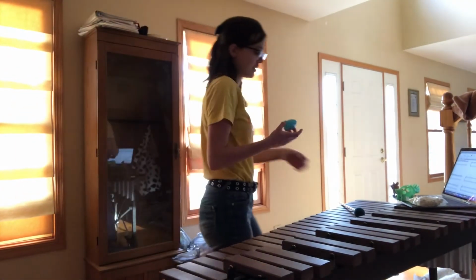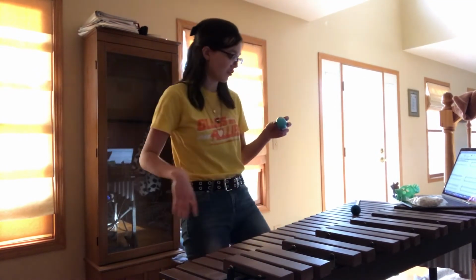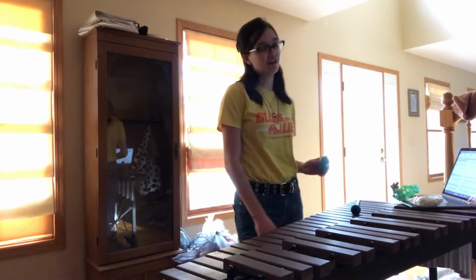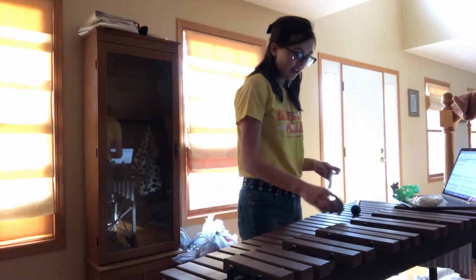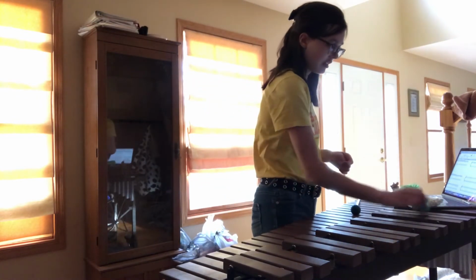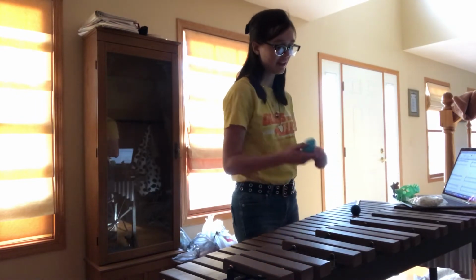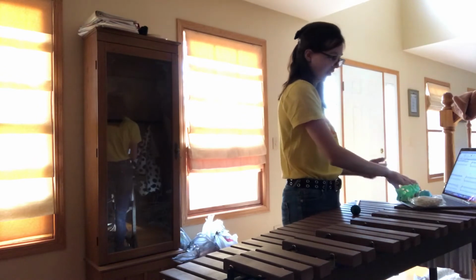I am back. So I went and emptied the candy. It was Smarties that was in this. And I love Smarties, so I'm going to look forward to those later. I put some change in it. I don't know how much. I didn't really look. I just kind of scooped. I'm going to try that now. No, I don't like that one. So I think we're going to settle with